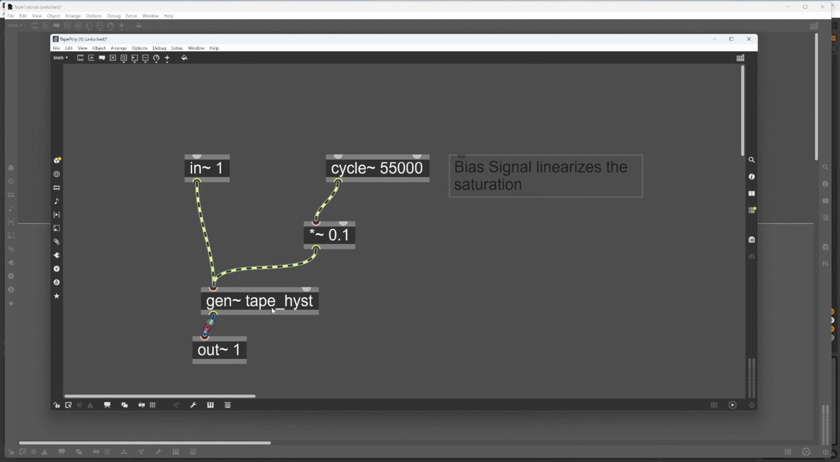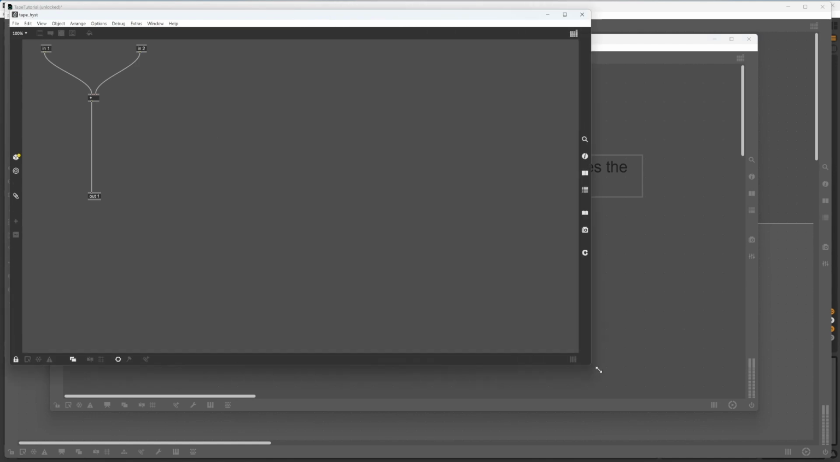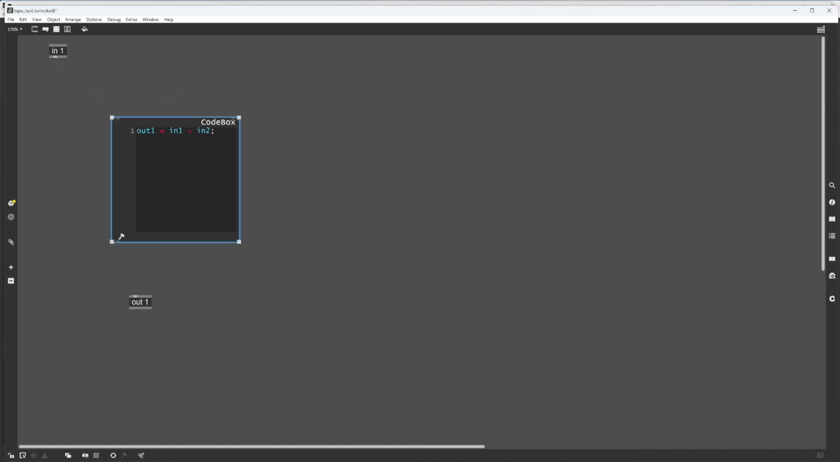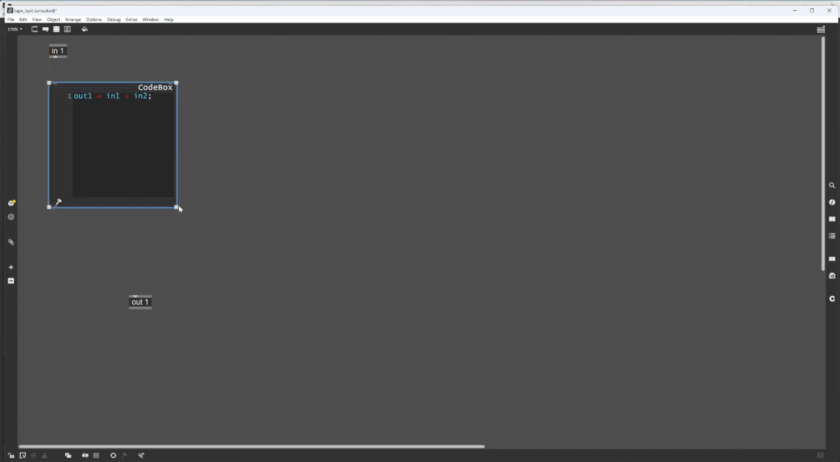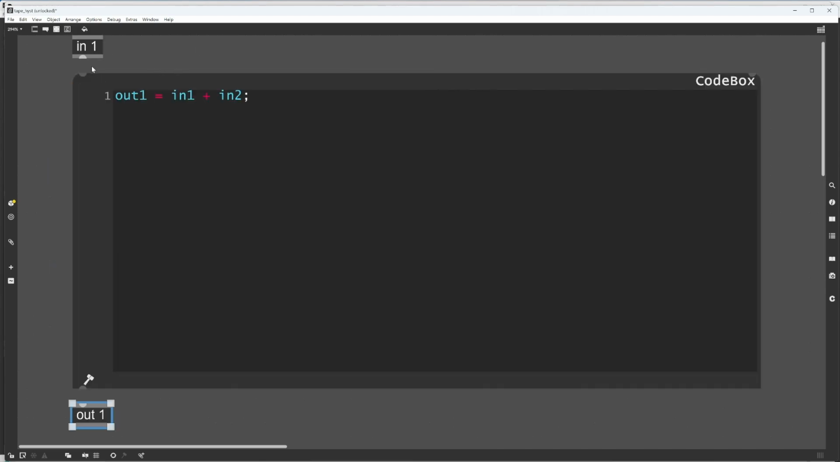So the reason I want to do this in gen is because gen has this code box feature. And now inside of our gen patch, the way we use code box is just by double clicking and then typing codebox, and it brings up this little box where we can write C-like code. And for really long math equations, it's going to be way easier to type it in than to draw it out with the classic Max wires. So the way we use this code box is by connecting in 1 to out 1,